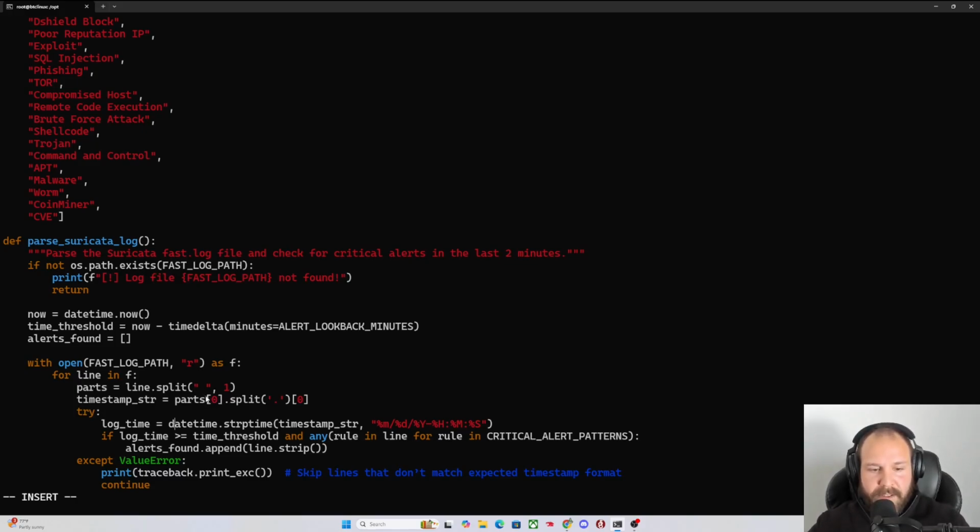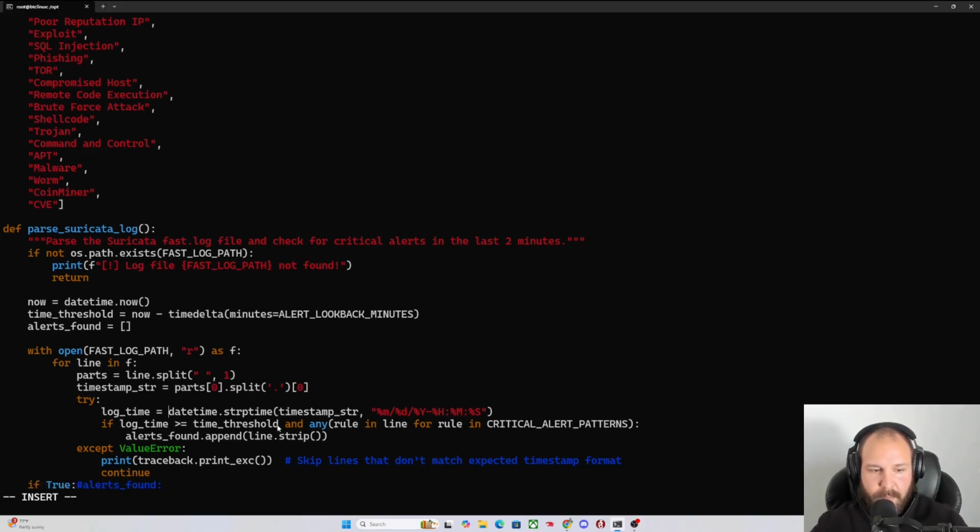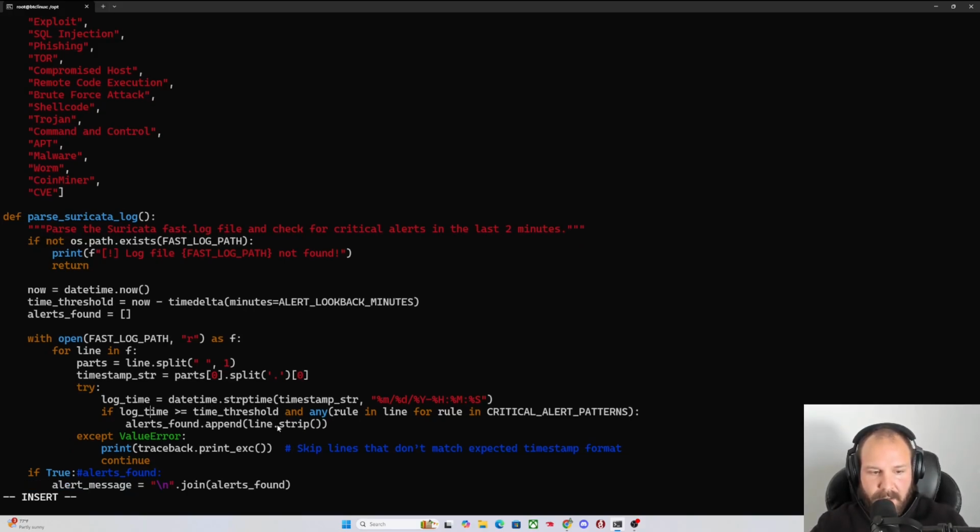Then we're going to take that first space and split it again at that dot, so that we can consider just the first section and split off the fractions of a second, because we don't care about the fractions of a second for this purpose. And then we get our log time. So we're going to convert that into a datetime object so that we can actually evaluate them in Python specifically. And if log time is greater than or equal to the time threshold,